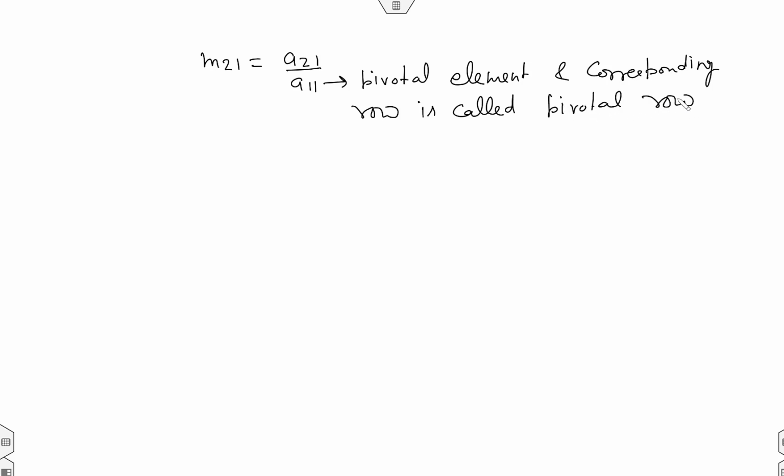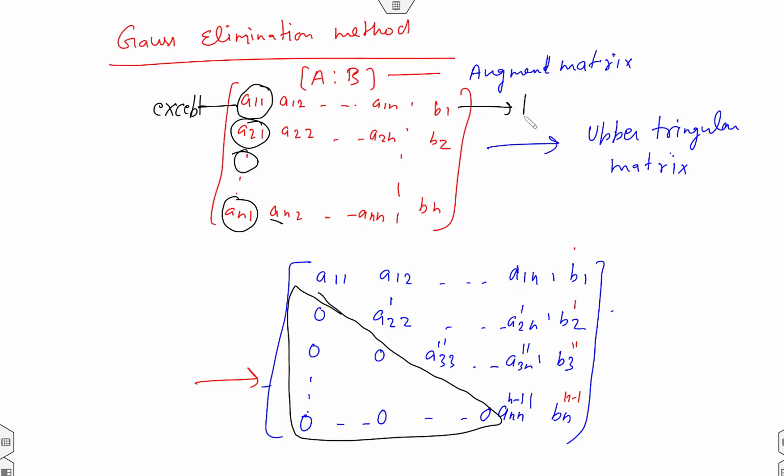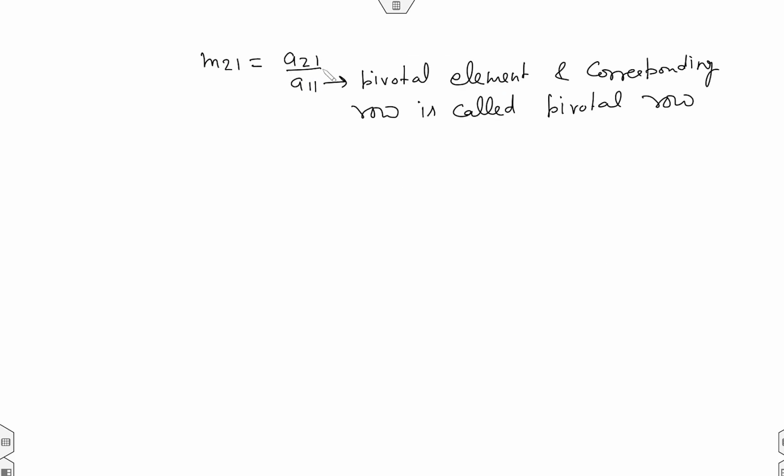Okay, so here I told the first row is called pivotal row because we have to make 0 in the first column below the A11 element. So this is called pivotal row and this element is called pivot element. Why pivot element? Because with the help of this A11 we have to make 0 in the first column. Okay, so M21 is associated with the first element in the second row. Then M31 is A31 upon A11,